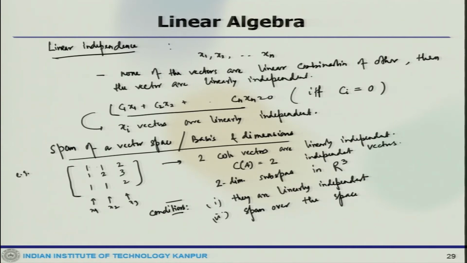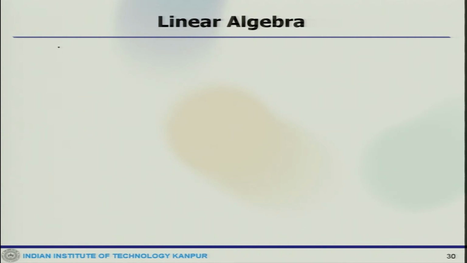So, here what we have, the x1 and x2. Let us say x1 and x2 are the basis vectors here, x1 and x2 are basis vectors. So, x3 would be dependent. So, the number of basis vectors, when you get the, so the number of these basis vectors